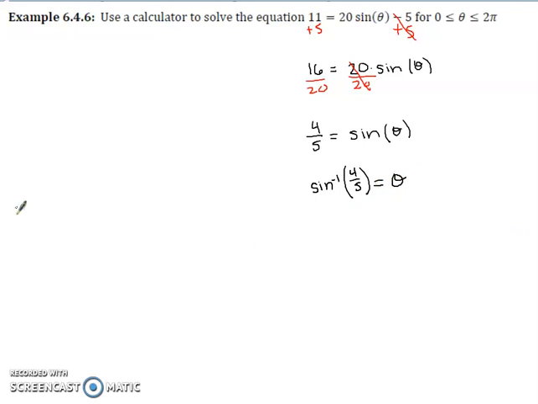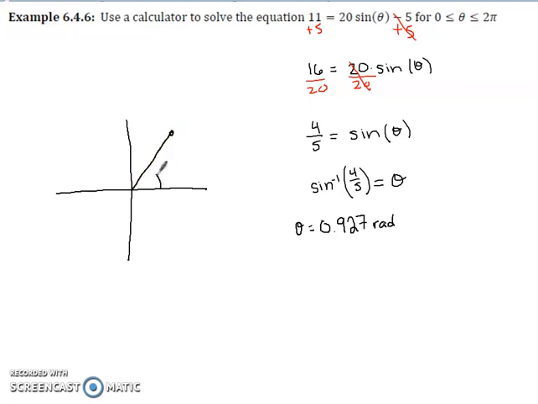So on my calculator, I punch in my inverse sine of 4/5, and I find that theta is going to be approximately 0.927 radians. And we are working in radians because I set my calculator to radians since my interval is from 0 to 2 pi. So what I have found is that if I move around my unit circle 0.927 radians, I will have a sine value of positive 4/5. So that would be approximately here. Theta equals